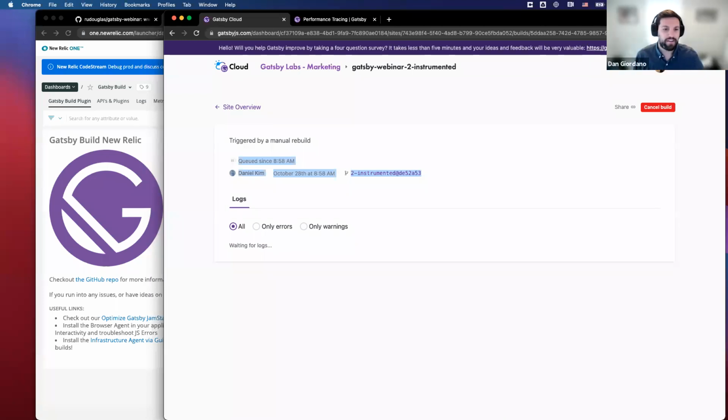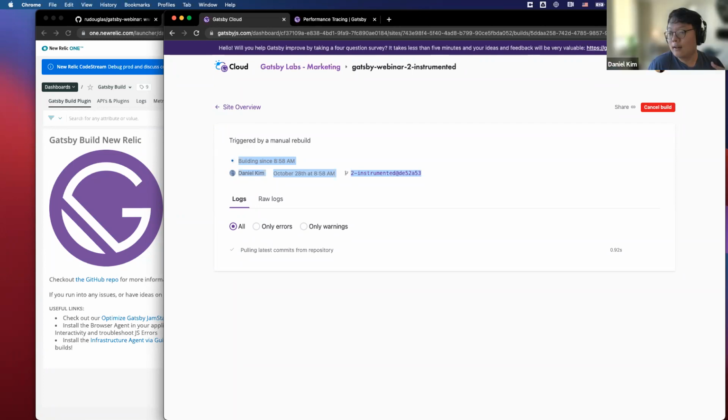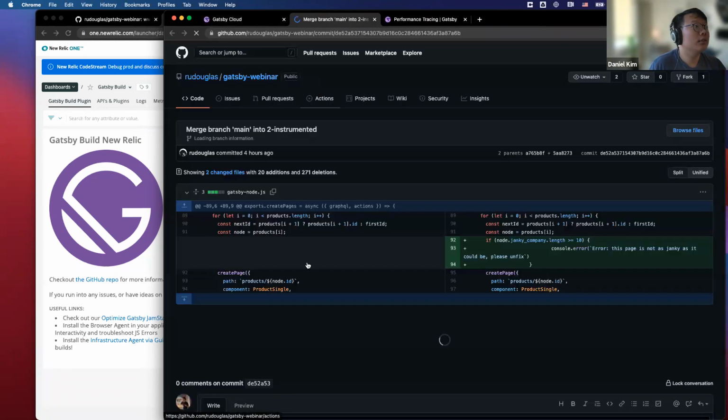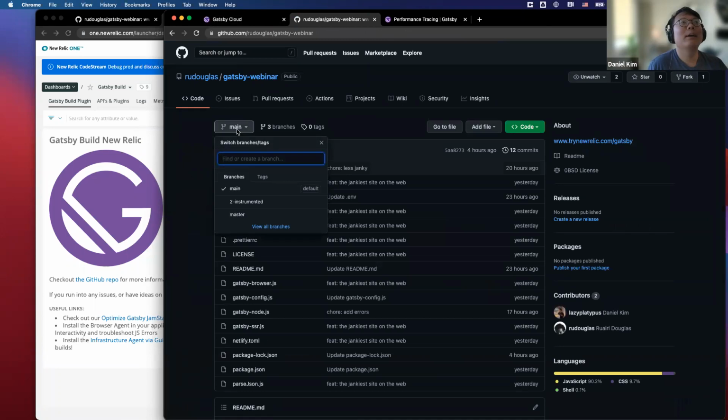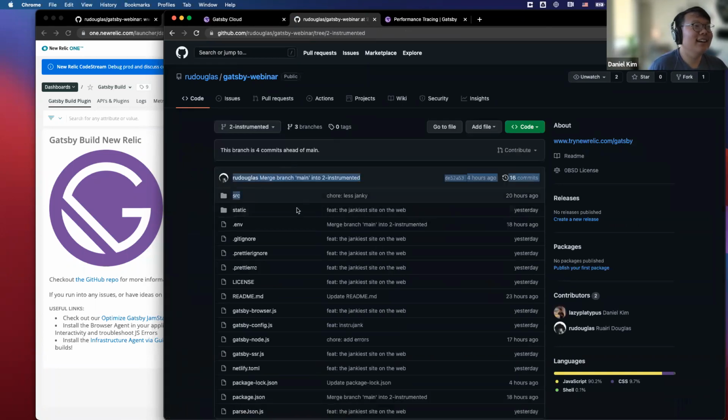So the Zipkin file is in the plugin and it's not in the package.json. He's revealing the magic. Oh, I didn't install the plugin. No, this should work because it's in the instrumented branch. Huh. Okay. Well, we have 1 minute left. I don't think we're gonna get the instrumentation done for the cloud either.